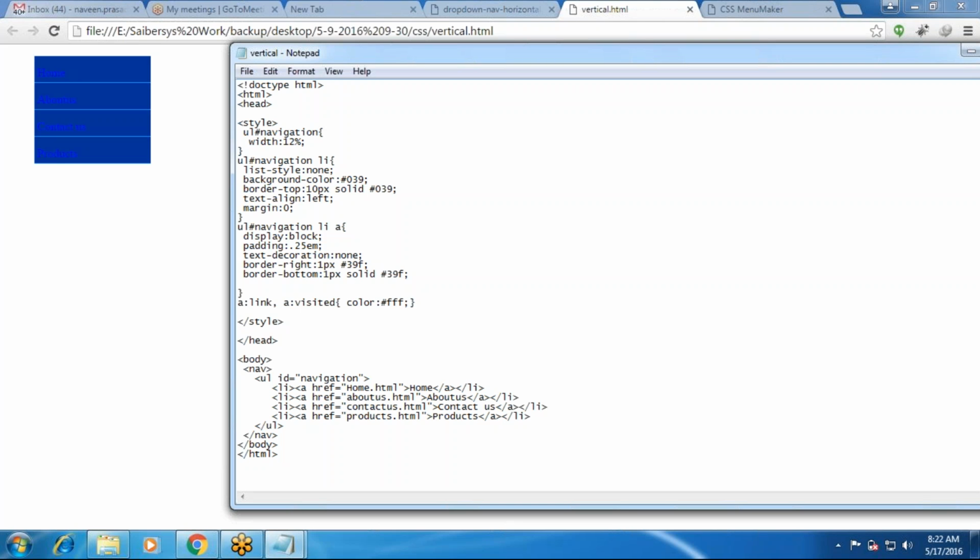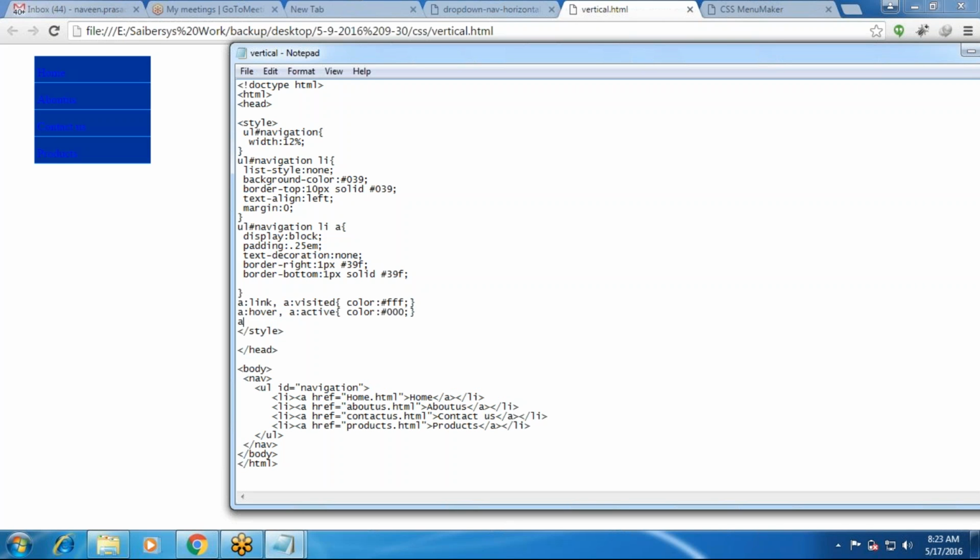And next, whenever you hover on any menu, a:hover and a:active, the color is #000. And next hover, background color is